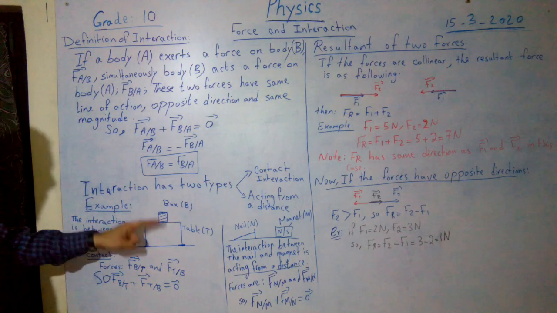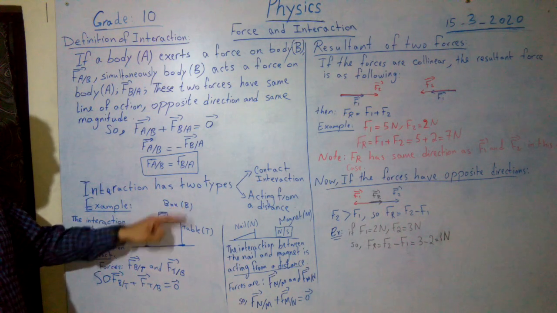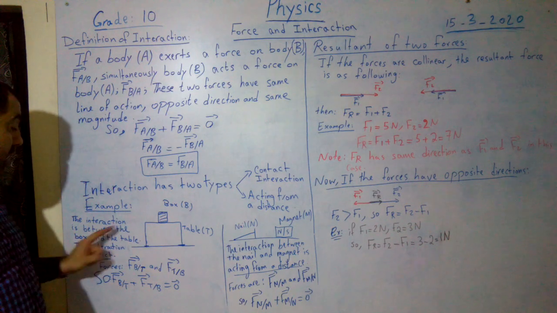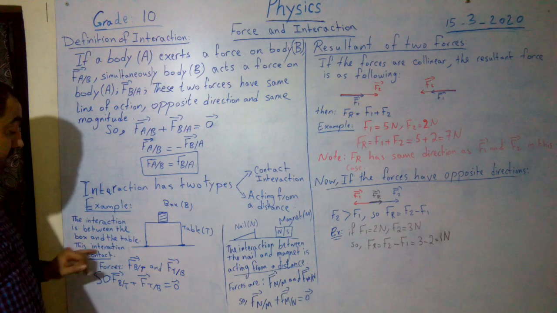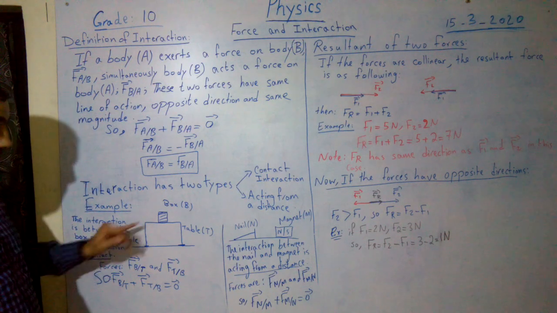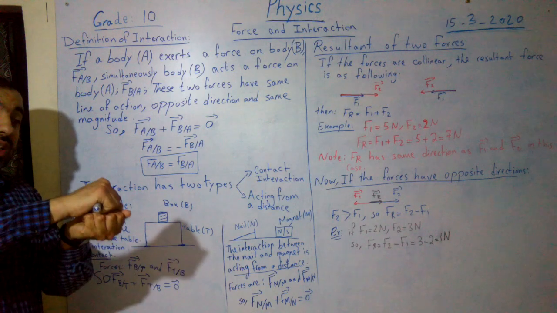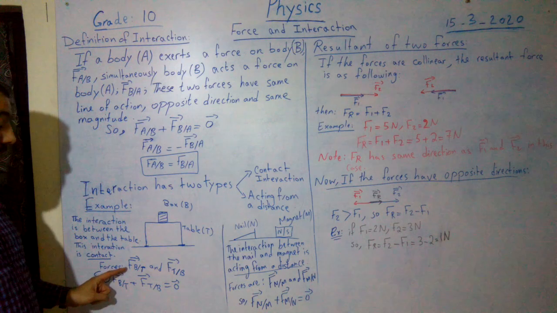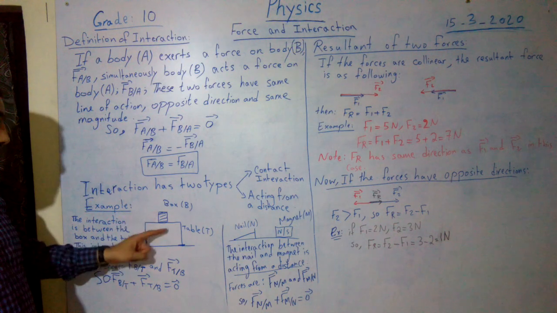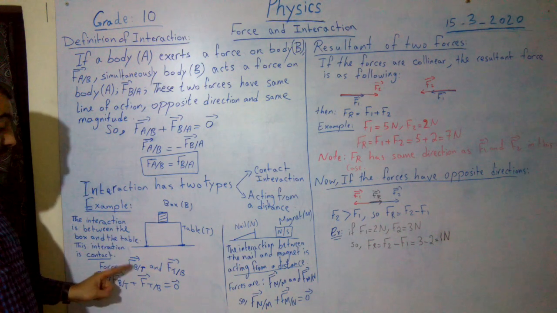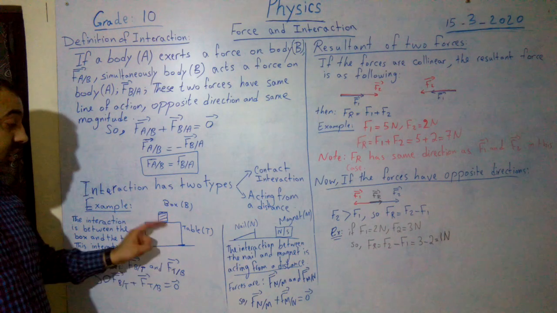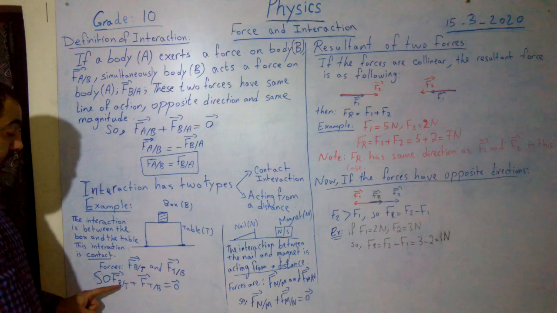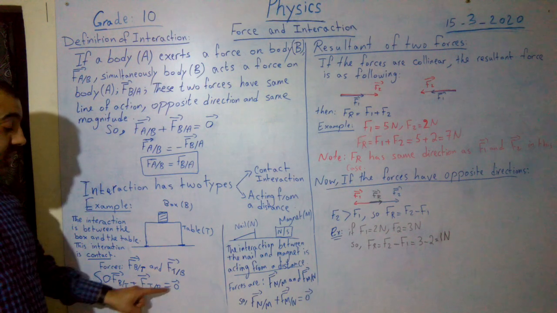Example: box and the table. The box has symbol B, the table has symbol T. The interaction is between the box and the table. This interaction is contact interaction. Box and table, they are in contact with each other. We represent the force of box on table by the following representation: F of B on table and F of table on B. So the condition is F of box on table plus